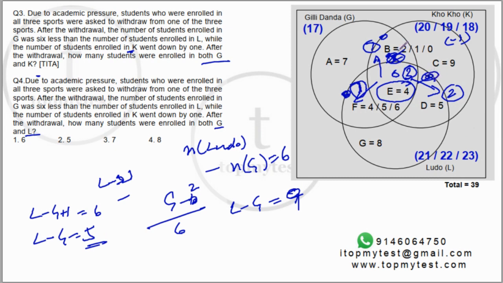Okay, and the last scenario will be where this is 0, this is 3. Let's see if that is possible. If I put L minus 0 minus G minus 3, this should be equal to 6. If I rewrite this, you'll get L minus G should be equal to 3, which is not possible. So this is also out. So the only scenario possible is 1 person moves here and 2 persons move here. Right? So let me just erase this part and write it down neatly.